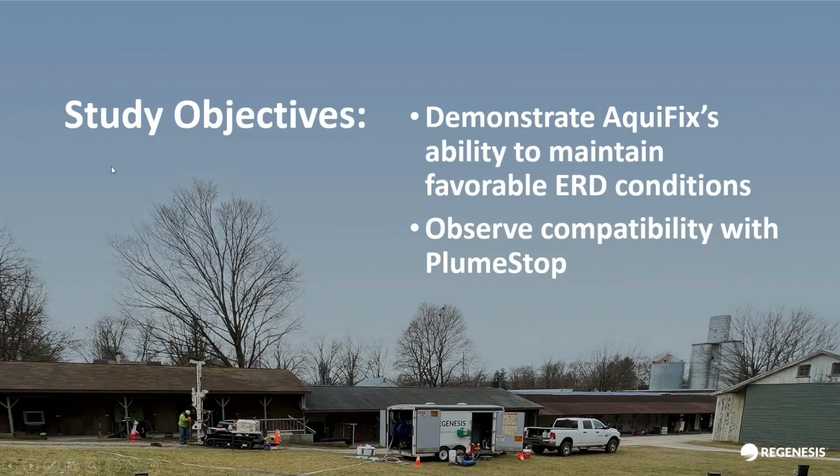And so the objectives of this initial beta campaign for using AquiFix were twofold. One was to demonstrate AquiFix's ability to maintain favorable ERD conditions. With such a slow release profile, we need to make sure that we've got the dose dialed in right so that we get enough release to keep the ERD conditions where we need them to be, under favorable conditions. And then also, equally important, is that we can demonstrate the compatibility with Plume Stop, that we